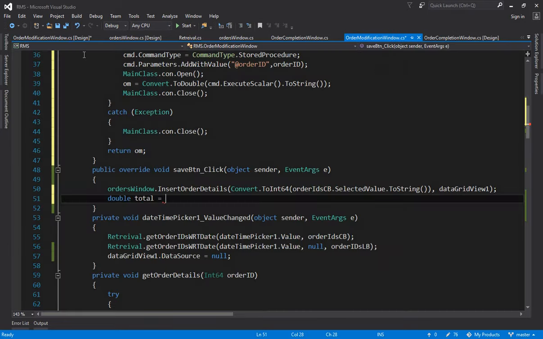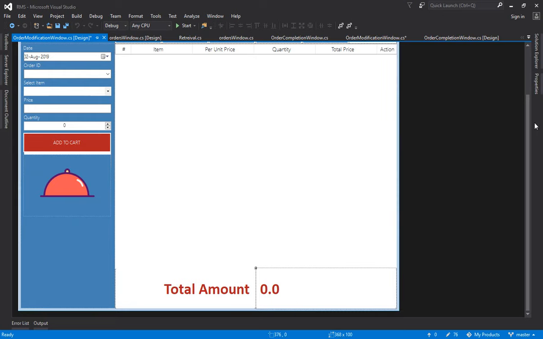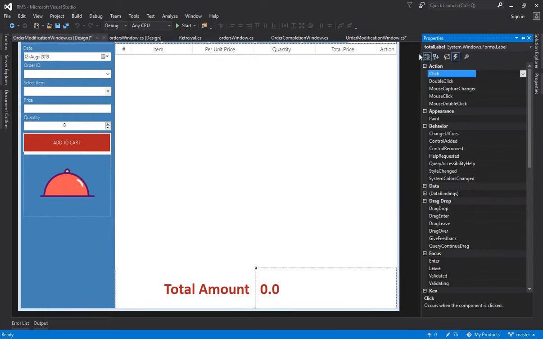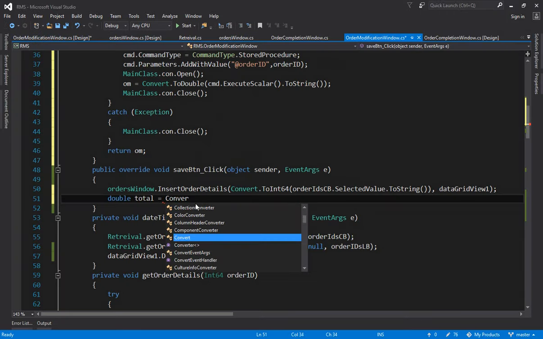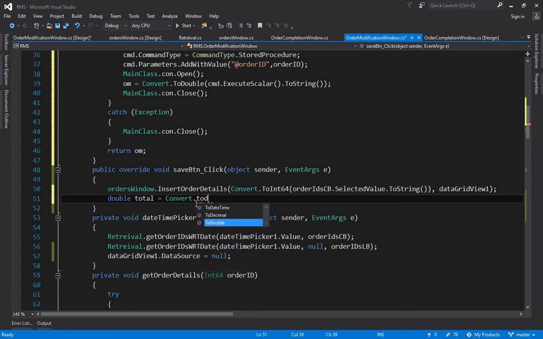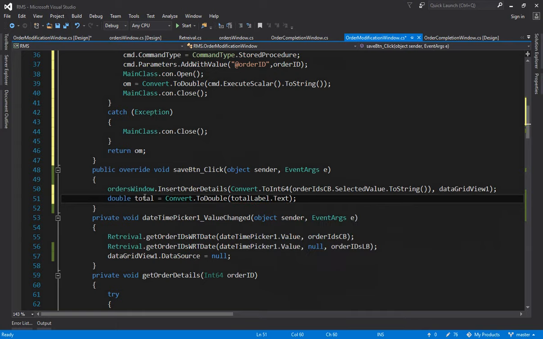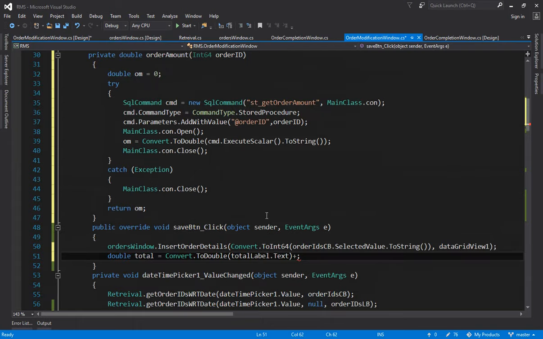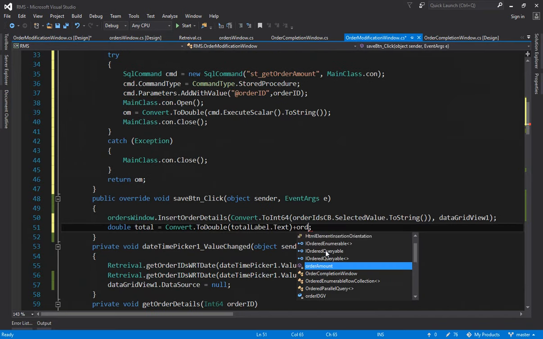I think we are doing, yes, we are doing the right thing. So here in the order modification window we have this total label. Let us go here and convert it to double and write here tot label dot text, so that the total amount is picked up inside this, and you can write plus, and what you need with this plus is this order amount. So you can write directly here order amount,